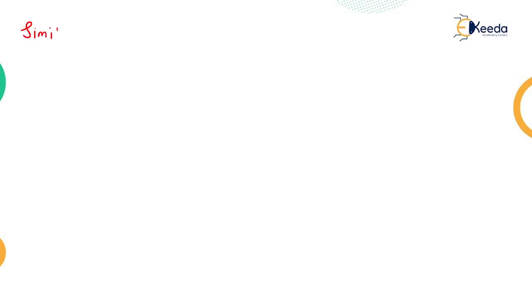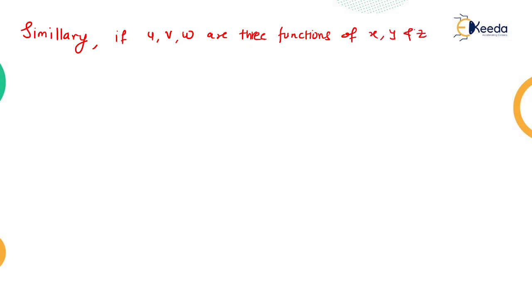Similarly, if u comma v comma w are the three functions of x comma y and z, then the Jacobian of u, v, w with respect to x comma y comma z is simply, in notation, you know you denote it with capital J, or you can denote it in this way, J of